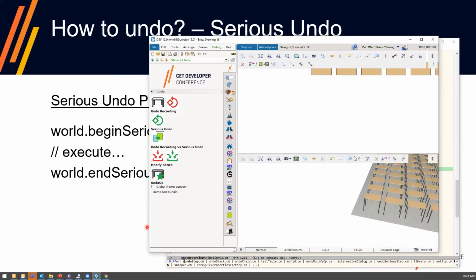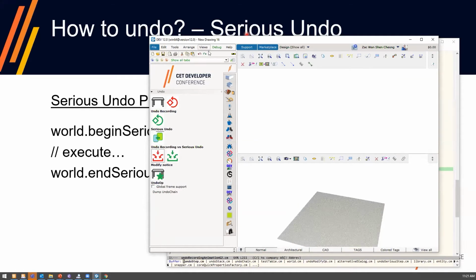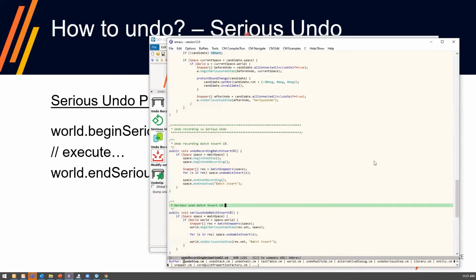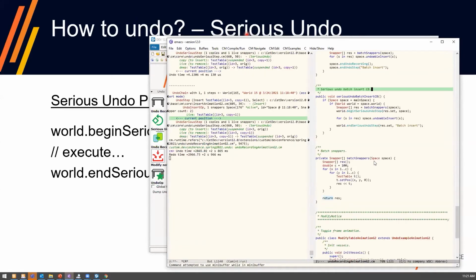So it's being inserted into the space. And so this is an undo step that contains a lot of snappers, like 1,000 snappers. So it's considered a huge number of snappers that are going to change in the step. So when I try to do an undo, you can see that it takes a bit of time before it goes back to the previous state. And let's do a redo. So you can feel it's a bit slow,